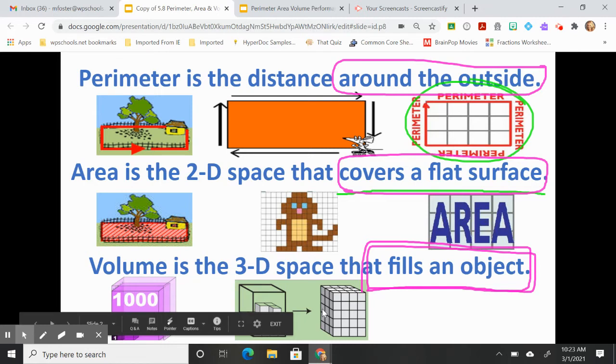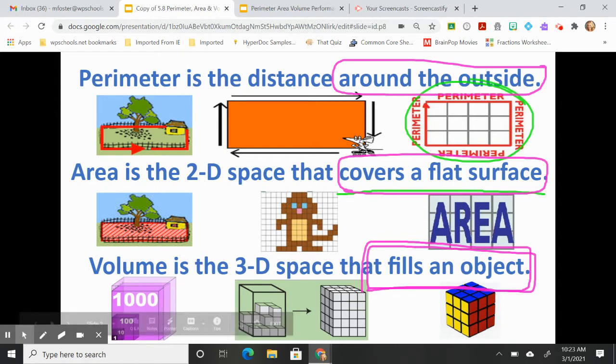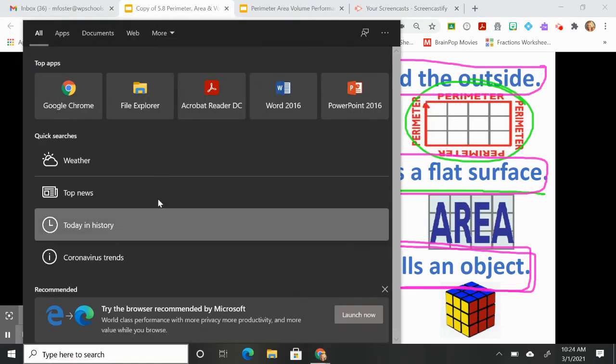Okay. If you have a Rubik's Cube, if you counted up all the cubes in that Rubik's Cube, you would have the volume in cubic units. You cannot see all of the cubes, though, just by looking at the shape. So the volume of a rectangular prism,